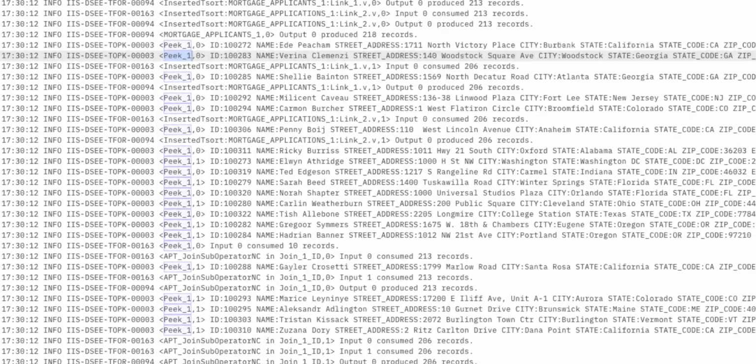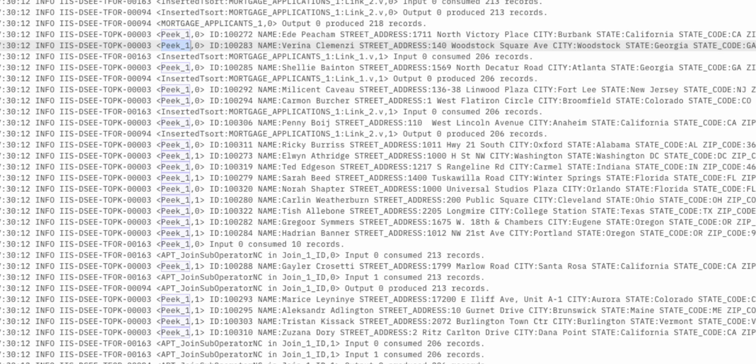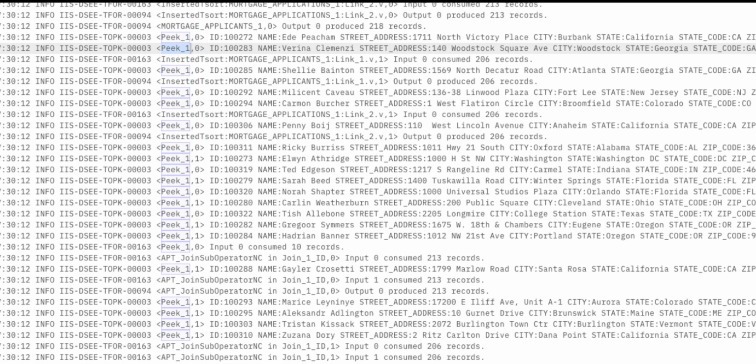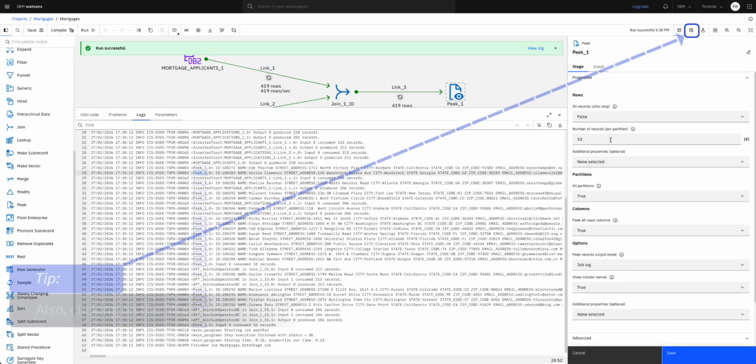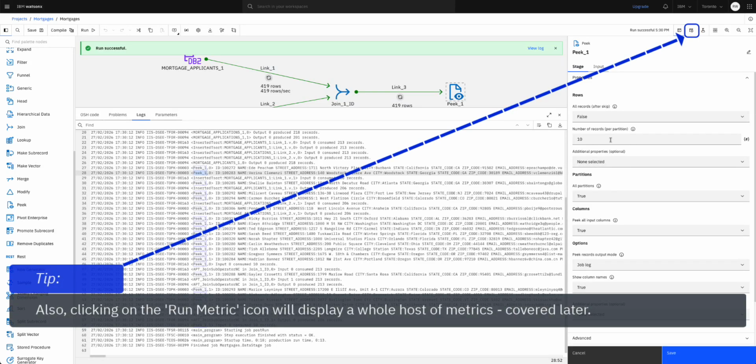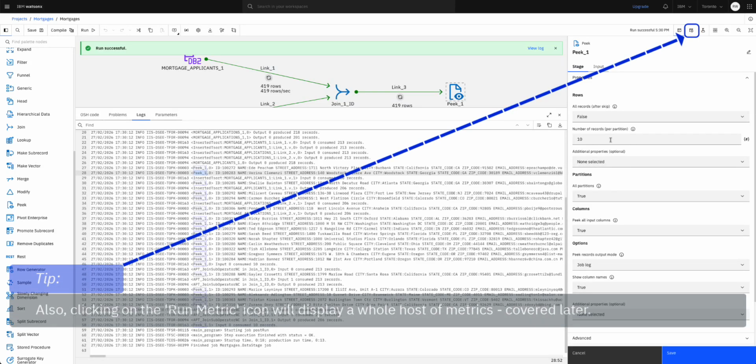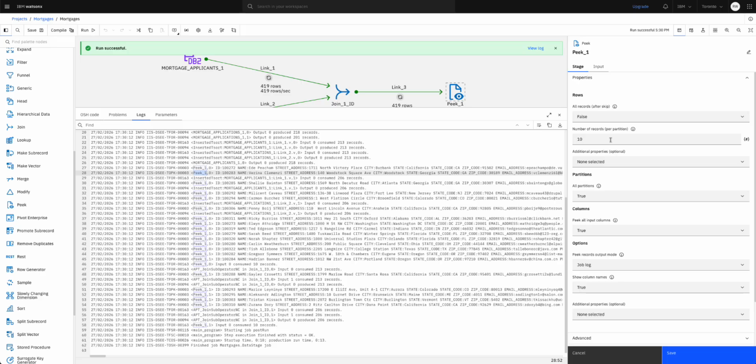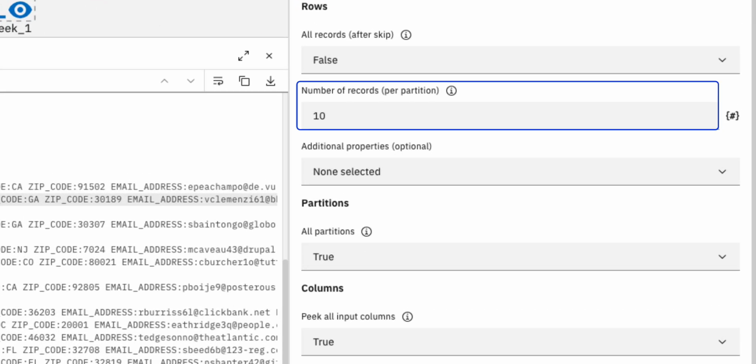But for now, we should have a peek 1 value written 10 times for partition 0 and for partition 1. The reason we get 10 values for each partition is because if we double-click on peek, we can see that we've got number of records per partition is 10. So it's displaying 10 records in partition 0 and 10 records in partition 1,